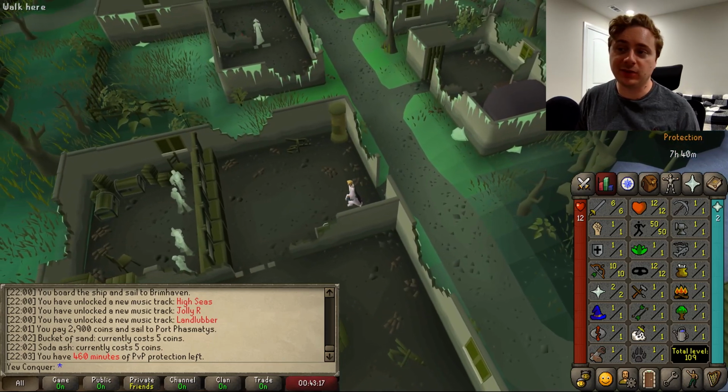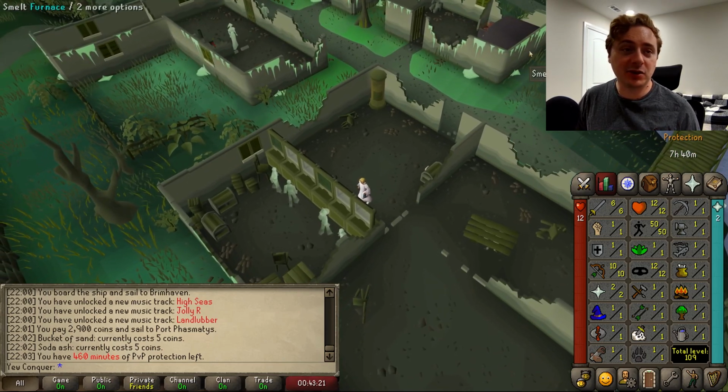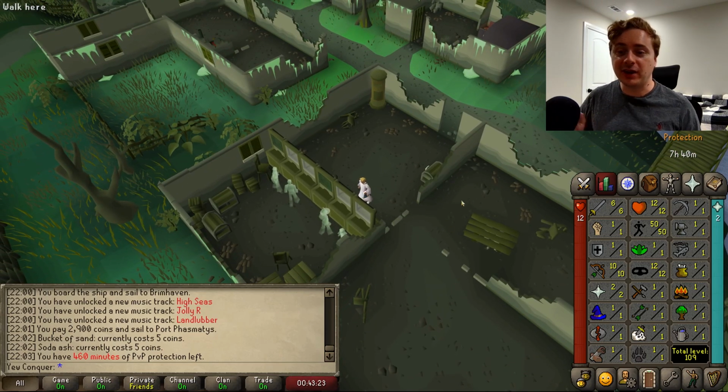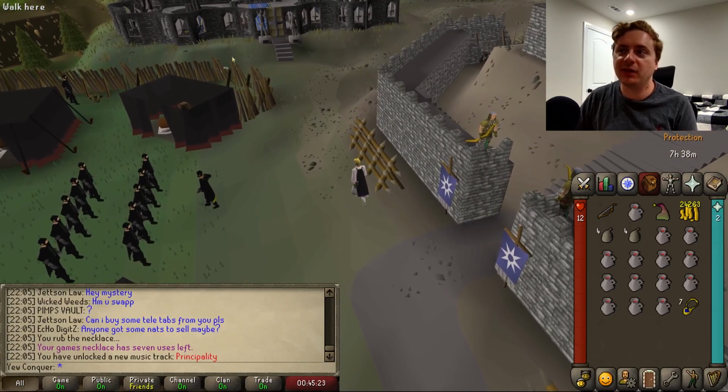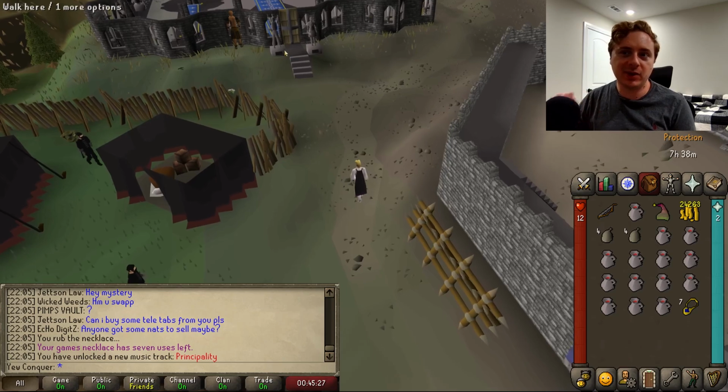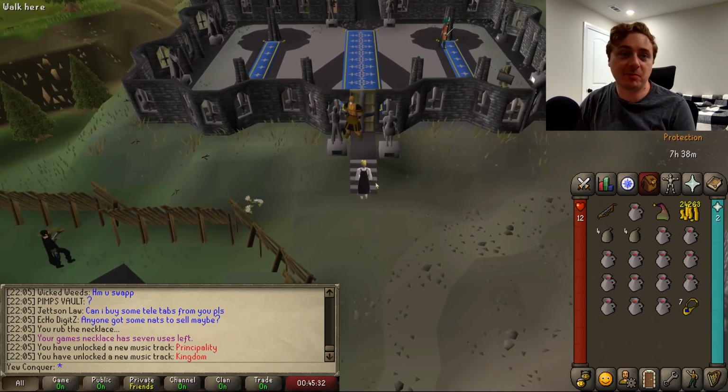And I mean, you can use the furnace out here to turn the buckets of sand and soda ash into molten glass. So great little combo out here. The next stop on our list is going to be the Warriors Guild. Not only are you going to be coming here for a defender, which is pretty much the best melee offhand you can get,